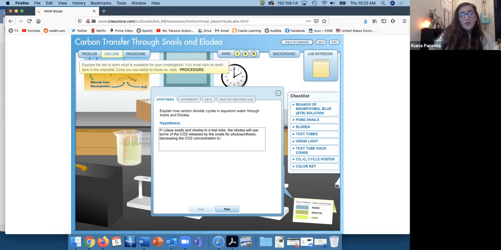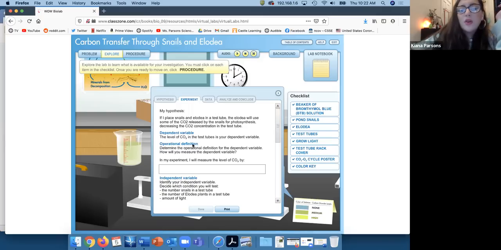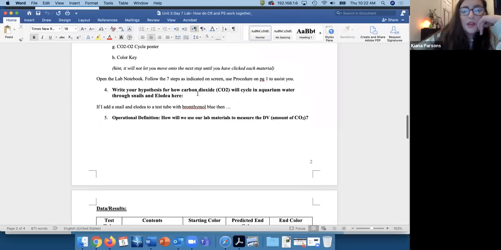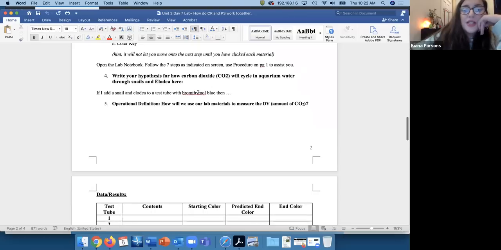Decreasing the CO2 concentration in the test tube. And the way that works is because the bromothymol blue is a chemical indicator for carbon dioxide. Okay, so now let's go back to the questions you have to answer. Sorry, I keep opening this. Let's close it. If I add a snail and elodea to a test tube with bromothymol blue, then, and that is what I